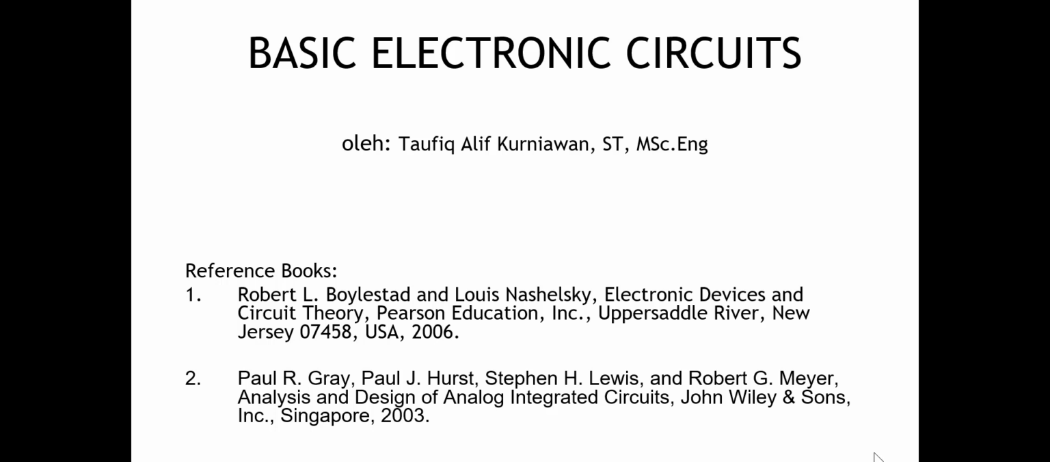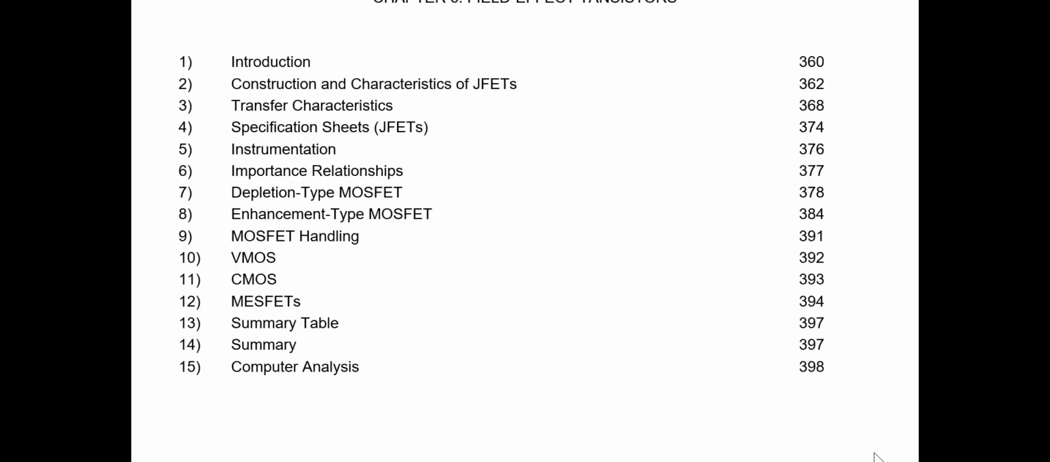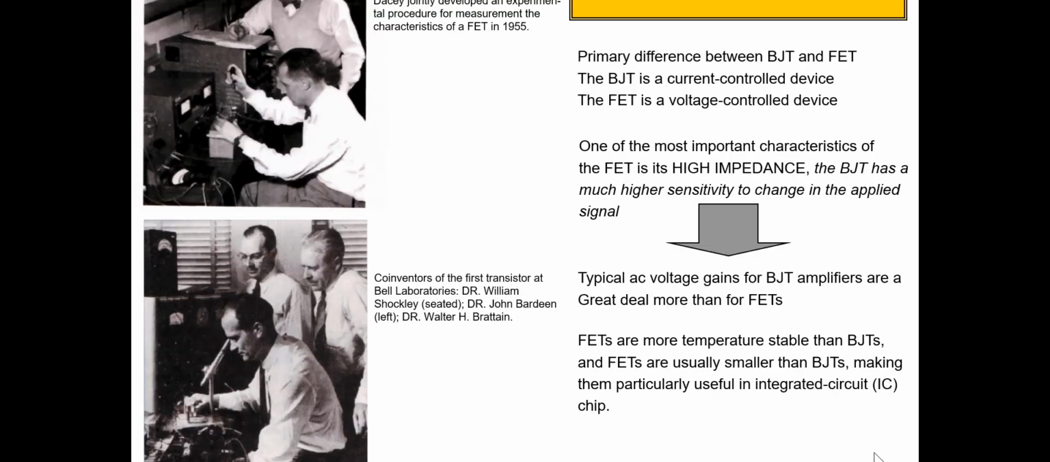Today I will continue the basic electronic circuit. After we learned about chapter 4, DC biasing BJT, today I will show you what is the field effect transistor, or FET. These are some of the subchapters of FET today, and the first one, I would like to show you what are the differences between